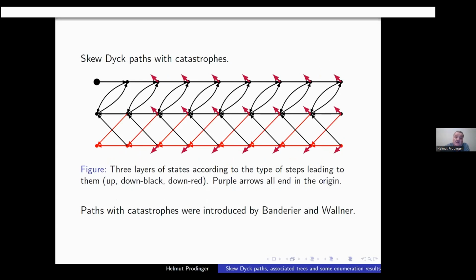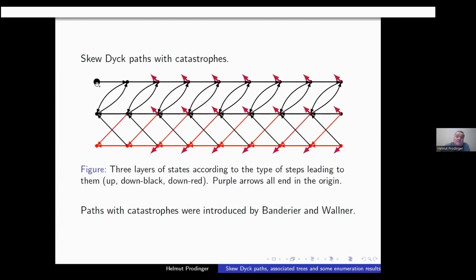Catastrophes in this context were introduced by Banderier and Wallner, and so we have the same basic drawing, but it could be at any step that you fall down to the origin. So I think there are some games for children where this could happen, that wherever you are, it could happen that you have to go back to the start. And so these are the paths, and it's indicated that there's an additional step that brings you back to